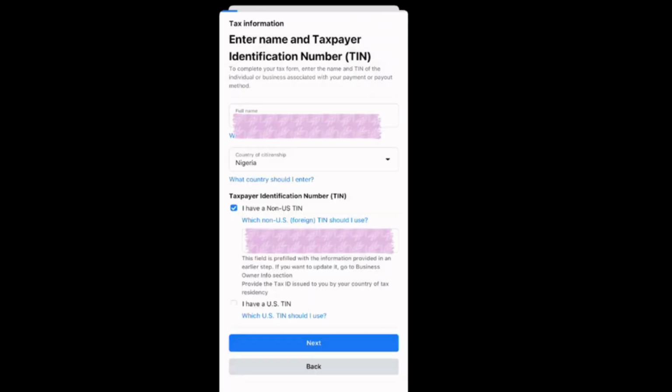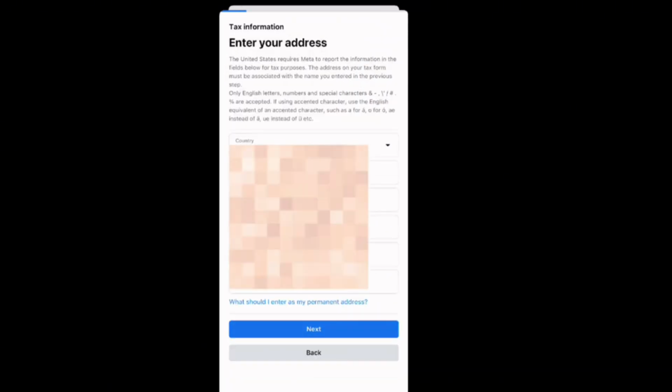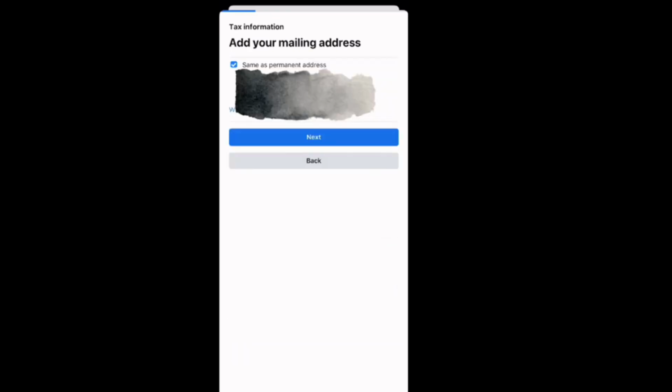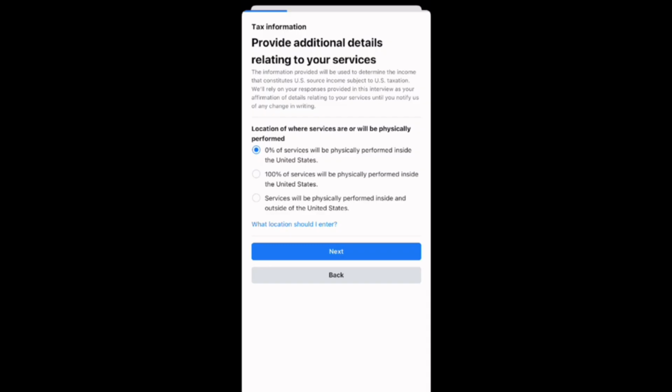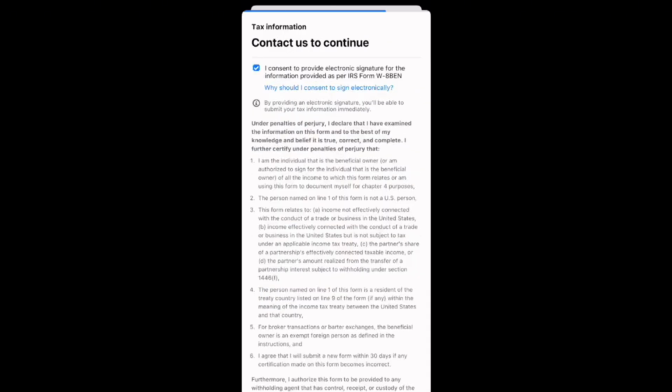For those who have already done this kind of setup before, you won't need to do this all over again. For you who already have your details, all you need to do is just click. Don't worry, I'm going to show you immediately I'm done with this. Once you're done with this tax ID thing, this is very, very important. I've done videos talking about how to get your TIN, tax identification number, or if you have a registered business, you can use that also.